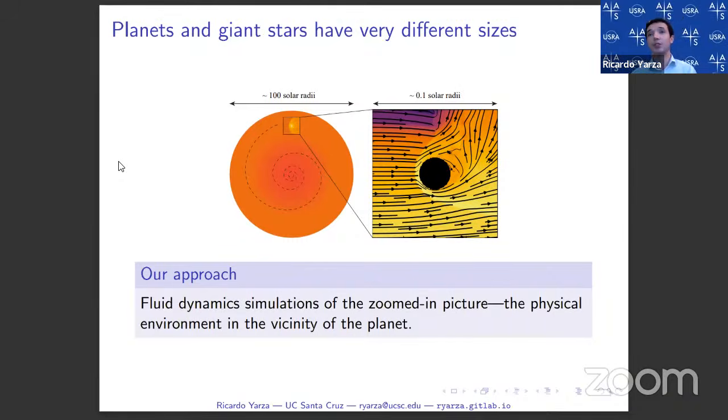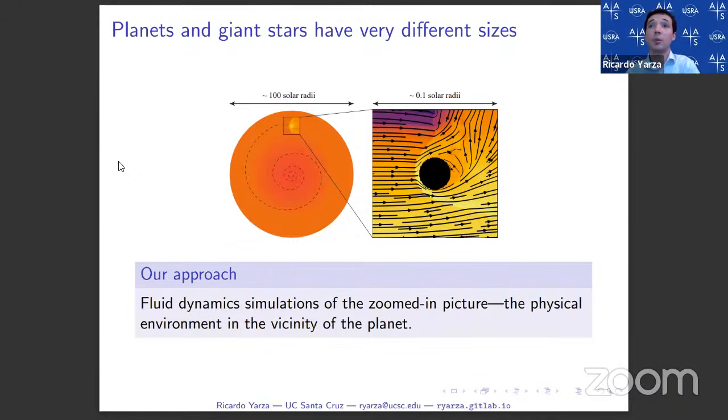So it's as if you took your camera or binoculars and looked at the tree. You can now see every detail of the tree, and you're not looking at the whole landscape. So you're missing out on something, but that allows you to understand the features of the tree, or the features in this case of what the gas looks like around the planet.